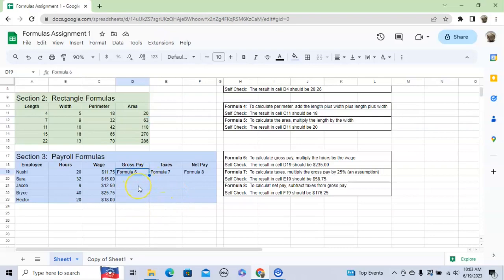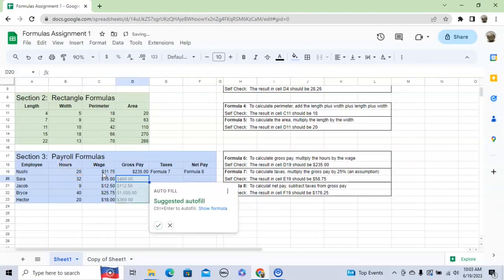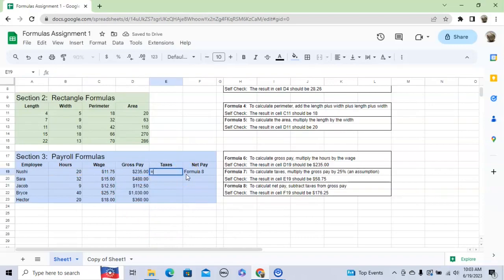Formula 6 is gross pay. That's just equal to the hours times the wage. Enter and autofill. Formula 7, taxes, in this case, is equal to gross pay times 25%. And they do need to type the percent sign. Alternatively, a student could type 0.25 and that would work just as well. But you can't just type 25, and that's where that self-check should come in handy